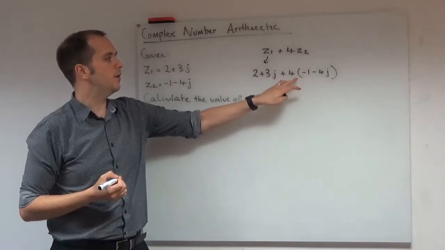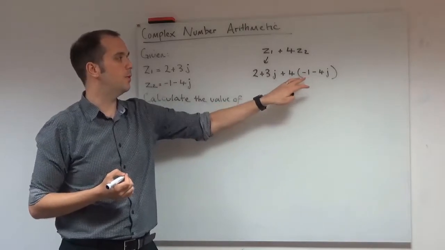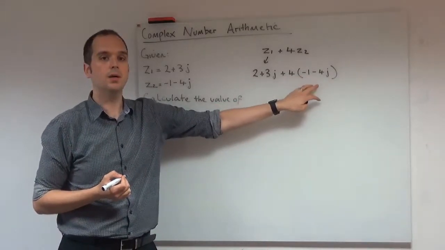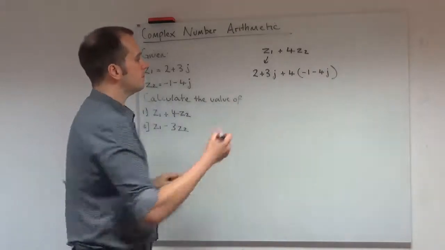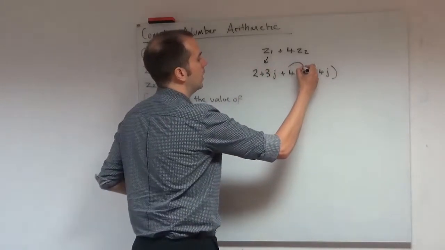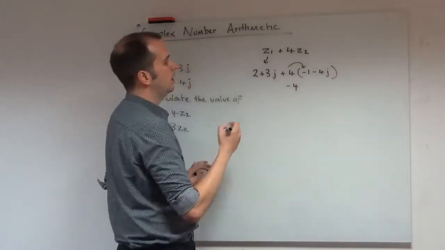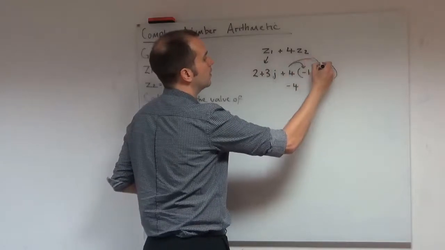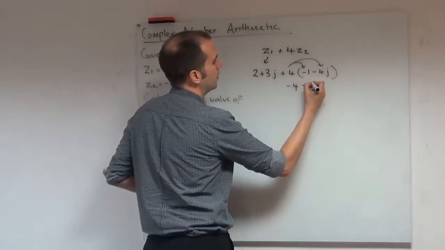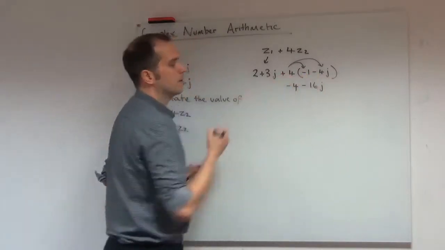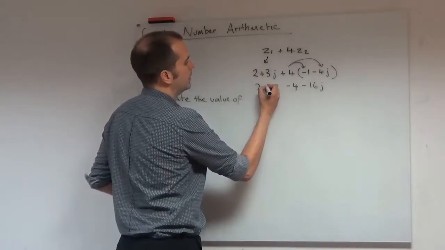The next thing we need to do is multiply out this bracket. When we do 4 lots of Z2, we're going to do 4 lots of minus 1, and then 4 lots of minus 4j. So 4 lots of minus 1 gives us minus 4, and 4 lots of minus 4j gives us minus 16j. So we've expanded out that bracket, and we've still got the 2 plus 3j